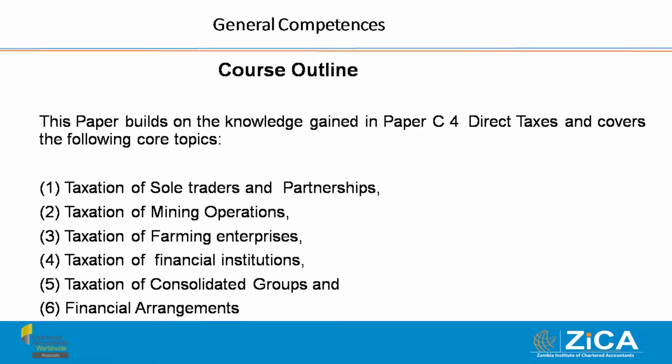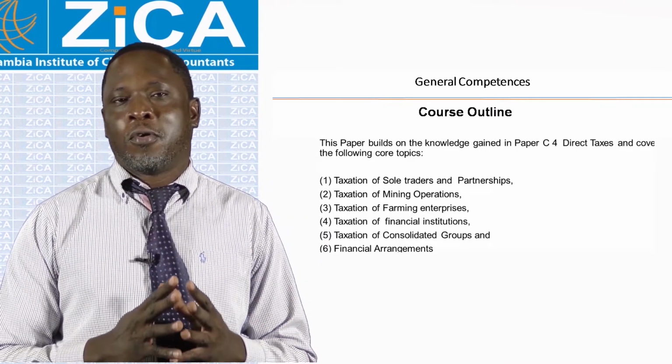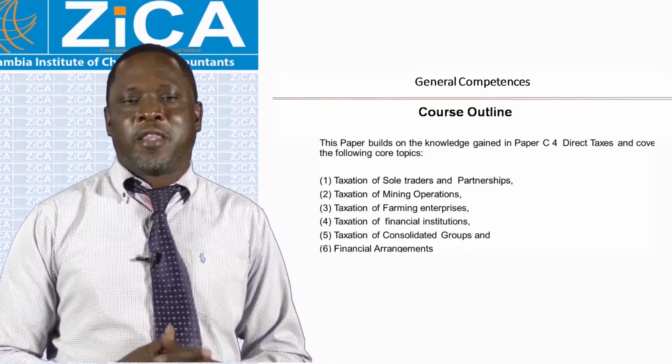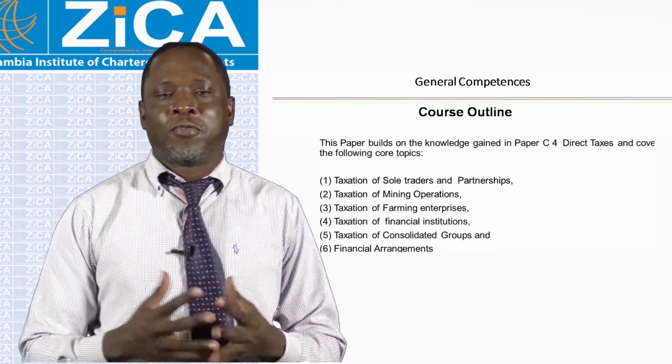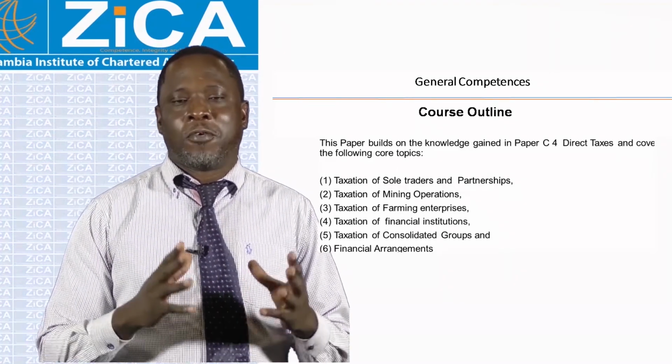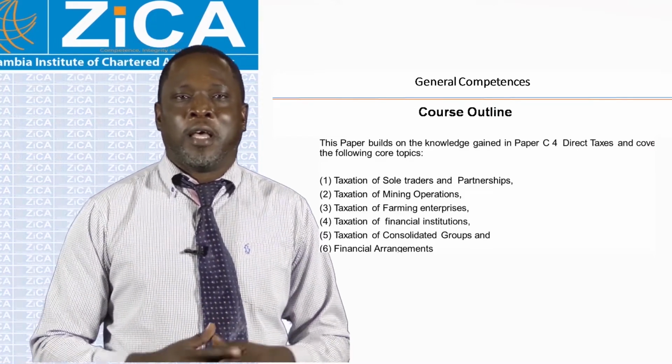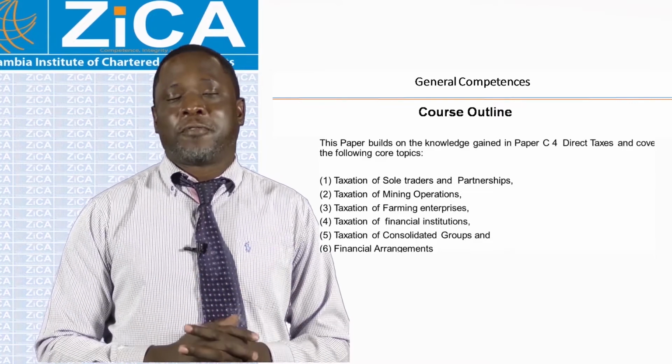We start by looking at the general competences expected in a candidate sitting for this particular paper. Now, what you need to understand is that the D3 syllabus builds on the knowledge which you acquired in C4 direct taxes, and it has 4 core topics which you need to know thoroughly well if you are going to do well in this particular paper. So you need to know how to compute tax liabilities for sole traders and partnerships. You should be able to handle tax computation of tax liabilities for